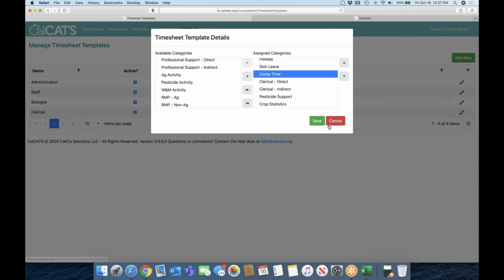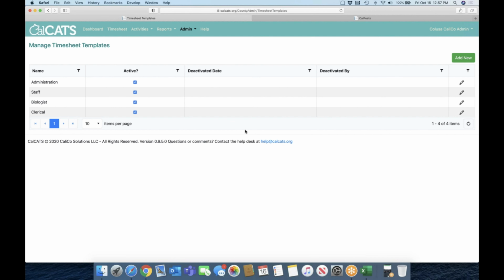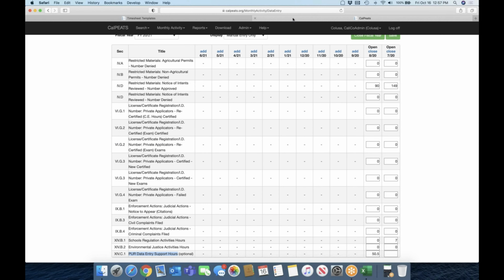All right. Cool. So then you can just repeat that process for the other two categories, which are the schools regulation and the EJ hours. Okay. Although schools reg and EJ will probably need to be added to both the clerical and the biologist timesheet templates. Yeah,